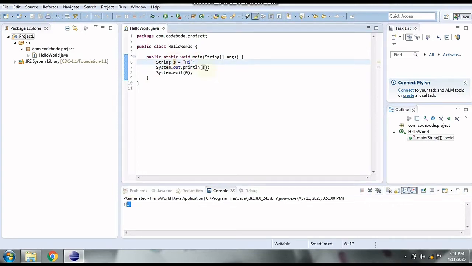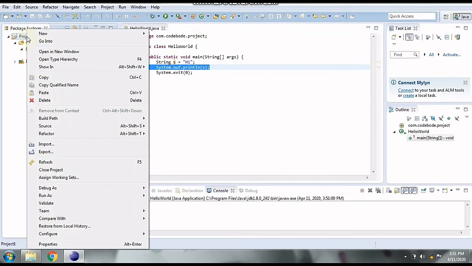The breakpoints are a very important factor in debugging. If you see on the left panel, if we double click there, we can place a breakpoint here, or remove it using double click as well. So what do breakpoints do? The breakpoints are the points where the debugger makes the program execution pause. So here if the program execution pauses, we can check the value of s. Wherever you want to check the value of the variable, you have to place the breakpoints. Let's see how we can do that.